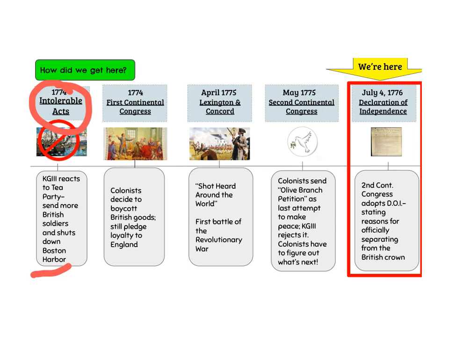And they try one more time to do what is called the Olive Branch Petition, which is one last chance at peace with Great Britain. Doesn't work. And so that's how we get to July 4th, 1776, the Declaration of Independence, the ultimate breakup letter in history, where they state all of their grievances. They say that every person is born with unalienable rights, and because they're not being protected, the 13 colonies are now the United States of America.